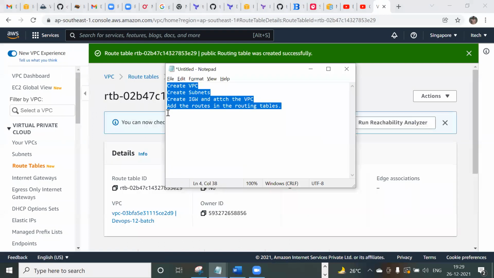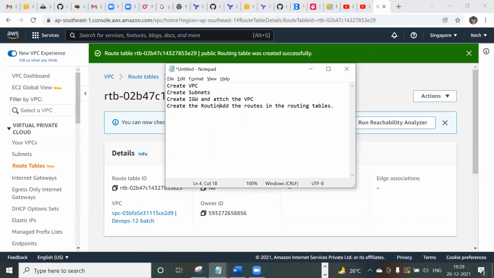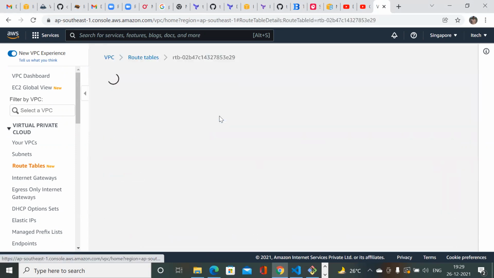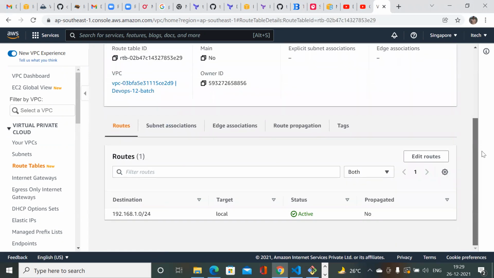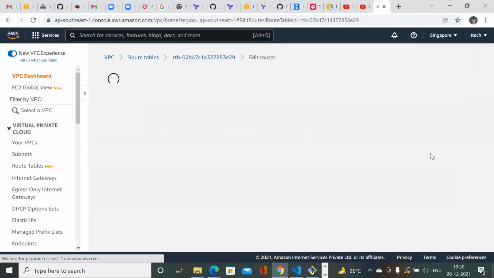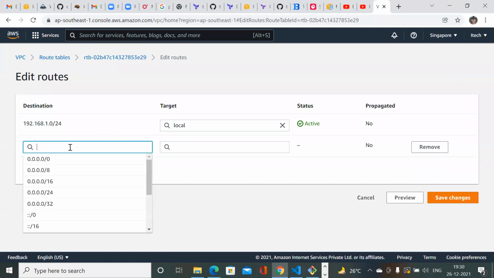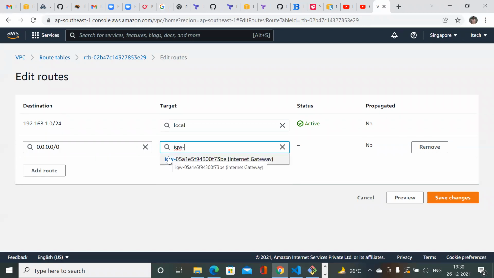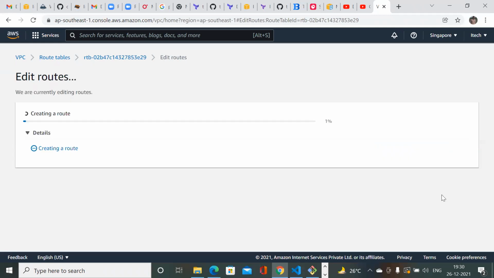So once I create the routing table, I have to add the routes in the routing table, right? So I'm going back to the routing table and clicking on that. Here we see the option called routes. We have to add the routes manually. For now, as I mentioned, I just want to access all the internet. So I'm just adding the default route pointing to the internet gateway, because if you want to communicate with the public network, we have to use the internet gateway. Okay, I'm just saving the changes.